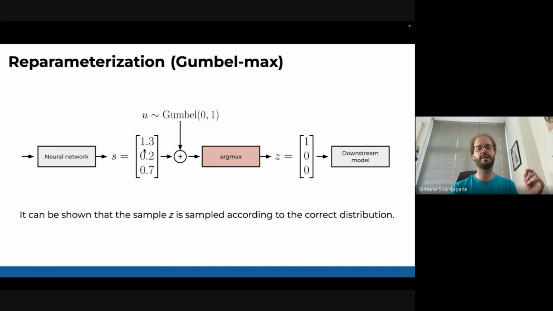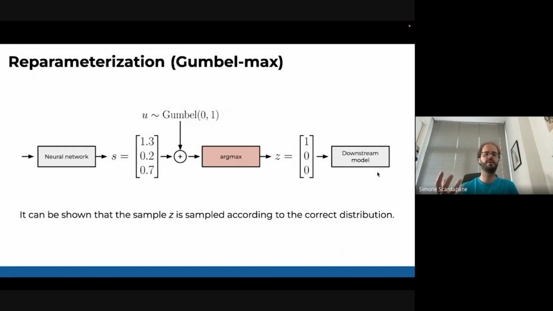Most of the time the argmax will be like this, but if there is sufficient noise, for example, the third value will become the strongest one, and in that case we will sample the third one. It's really fascinating. Basically, if you do this, you can demonstrate that you are actually sampling from the categorical distribution. So this and this are the same, but this is much nicer because on this path you have nothing stochastic.